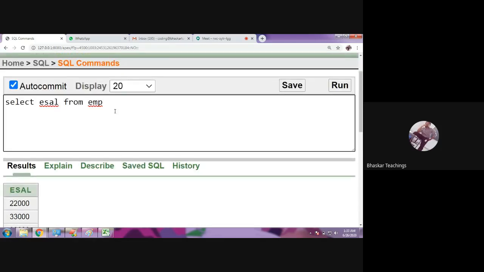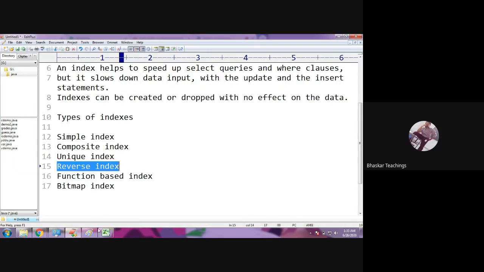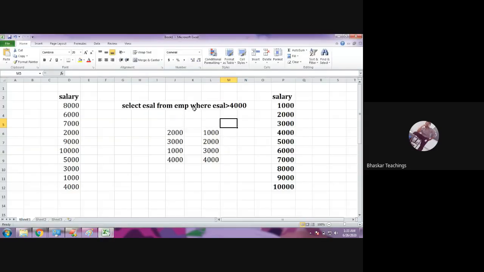Okay, so anyway, now we are going to apply the reverse index. I told you, when people are trying to retrieve the biggest data, and if you feel many people are going to search for the biggest data more often, more frequently, then it is better to go for a reverse index. Then the data is going to be maintained in descending order. By default it is arranged in ascending order, but if you apply a reverse index, it is going to be arranged in descending order.